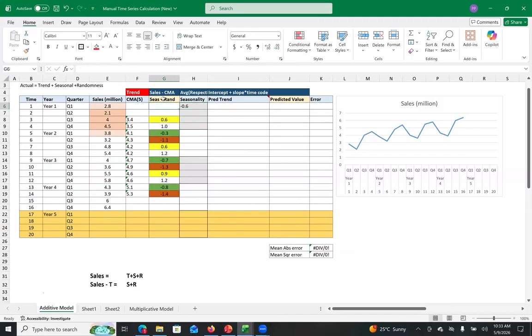Okay. Seasonality plus randomness is calculated by subtracting the trend value from the actual value, right? The trend value is not present here for these two. Why is it not present? It doesn't have previous values, exactly. Because we need 2 values from the past and 2 values from the future to calculate the centered moving average, and here I do not have 2 values in the past. So because the trend component is present only for this much, I will be able to calculate seasonality plus randomness only for this much area.